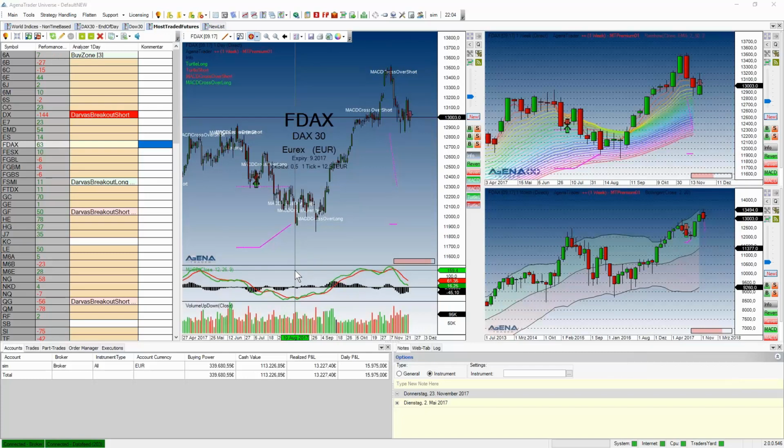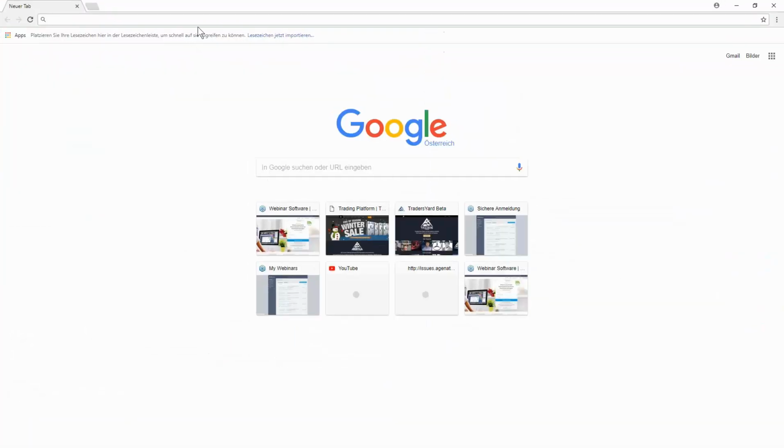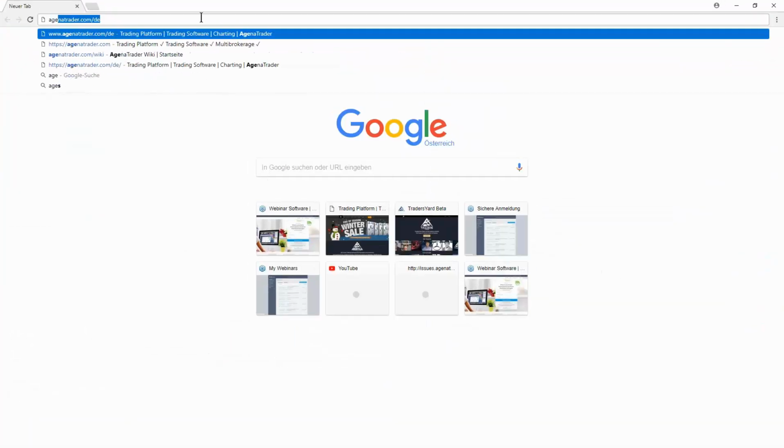You could individually change this workspace in any direction with different charts, different chart styles, different candle styles, different data, different scanners. So everything is customizable, nothing is fixed, but the default workspace gives a proposal of what you can find in AgenaTrader. However, if you want to learn more about AgenaTrader, you simply go to the AgenaTrader webpage,